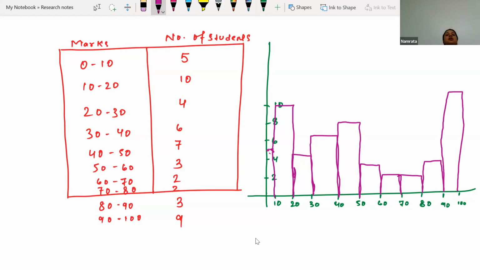Now what we have to do, we don't have to plot a histogram over here. We have to plot a frequency polygon. How will we plot the frequency polygon over here? What we can do is take the midpoint of each and every rectangle. So we have to take the midpoint of this rectangle, this rectangle, this rectangle, and so on for every rectangle. And now we will be connecting all the midpoints of each and every rectangle in the histogram. So let's connect it